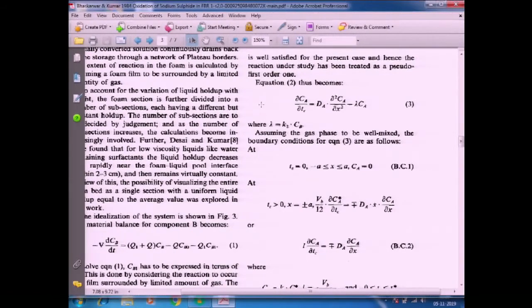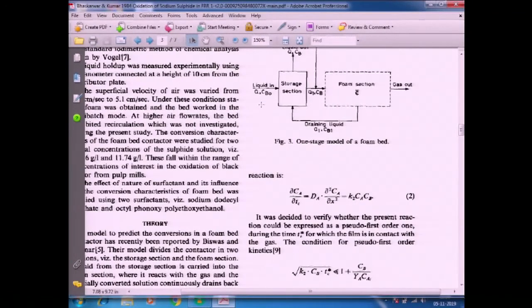Therefore, if Ca star is the gas phase concentration of oxygen in air, then Vb by 12 times dou Ca star by dou Tc is the rate of depletion of oxygen in the gas pocket. Now, that is going to be a negative quantity. Oxygen concentration will fall as a result of absorption. So, we must equate it to